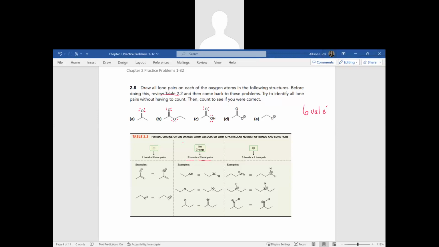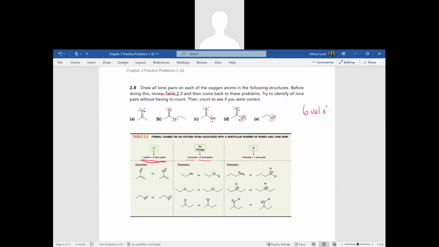All right, so our last two examples here, D and E, both have negative formal charges on an oxygen. So we know what's going to happen up here. We're going to have 2 bonds and 2 lone pairs for that neutral oxygen. But down here, we're going to see 3 lone pairs on the other side, and 1 bond will give us that negative charge. So each of these oxygens will have 3 lone pairs in these examples D and E to give it that